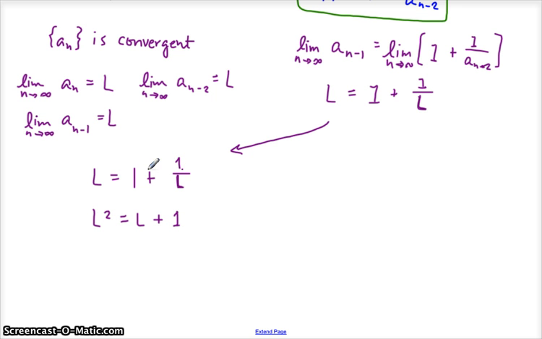So now we don't have to worry about denominators anymore. Everyone is on the same level. And L squared, L, 1, I'm sensing some sort of quadratic thing coming on. So let's move everybody onto the same side. So you have L squared minus L minus 1 equals 0. Yep, it looks like we're going to have to do some sort of quadratic setup to determine the value of